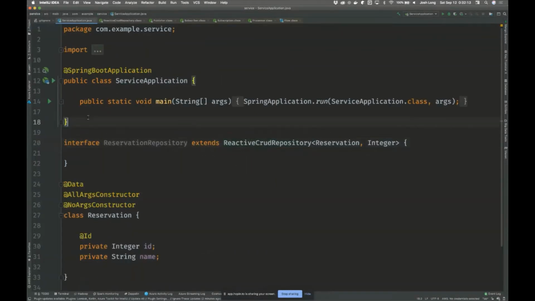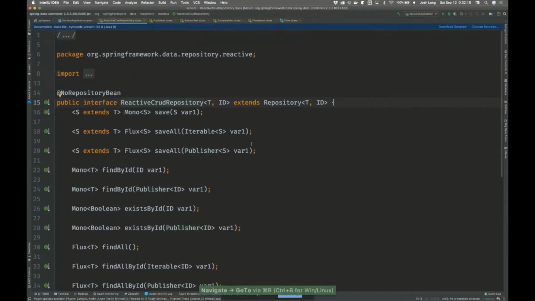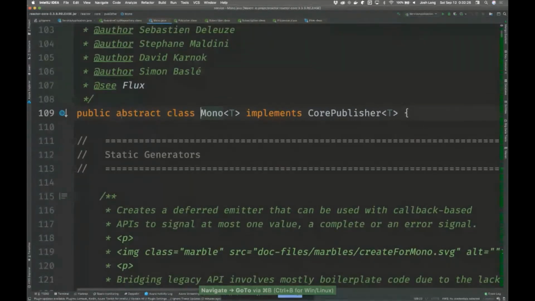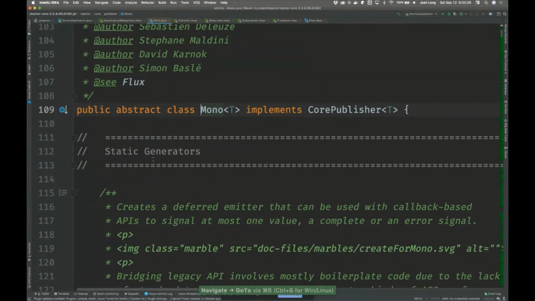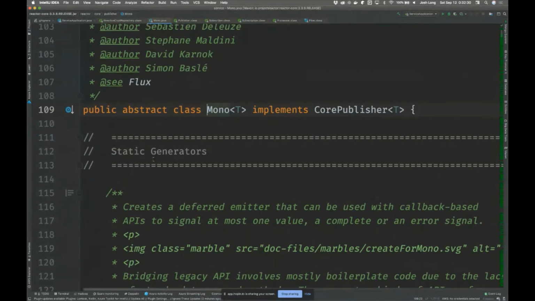There's adapter types you can use. Now they're very simple, and people want operators. They want things to use to be able to flat map and filter and so on. And so we have two subtypes, two specializations. The first is a Mono. A Mono is a publisher. It produces 0 or 1 value.